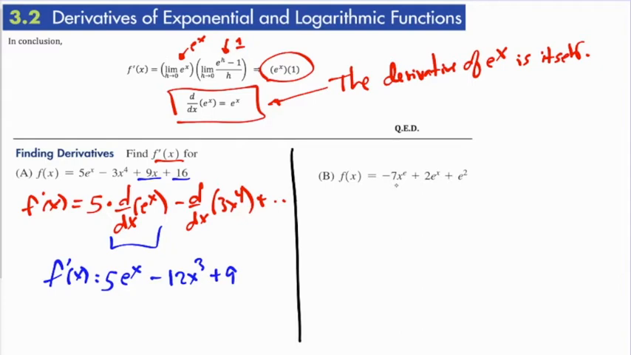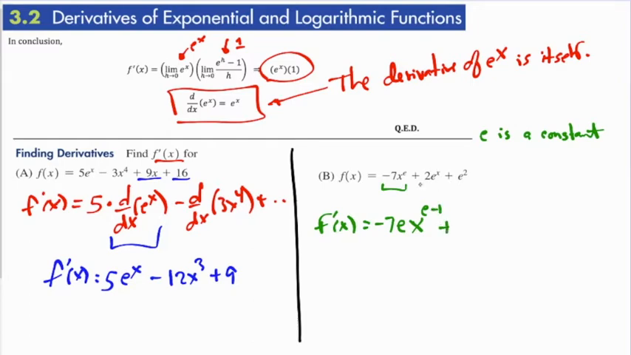So let's look at b. This first term is meant to trick us. That is not e to the x, it is x to the e. Remember that e is a constant. So f prime of x is going to be negative 7 times x to the e minus 1 power,